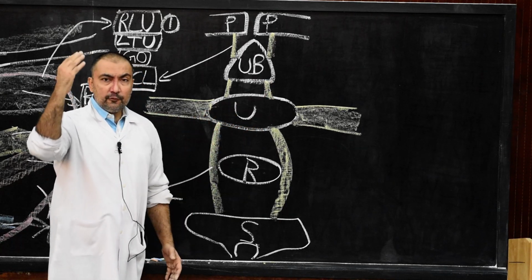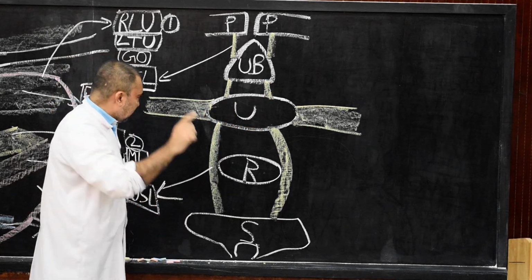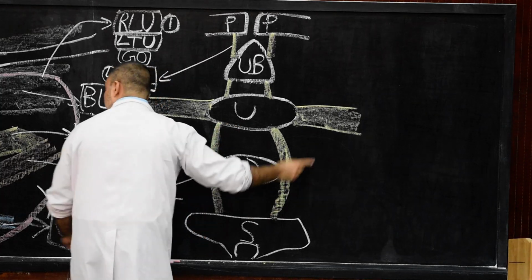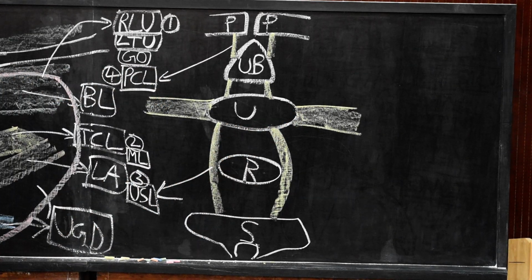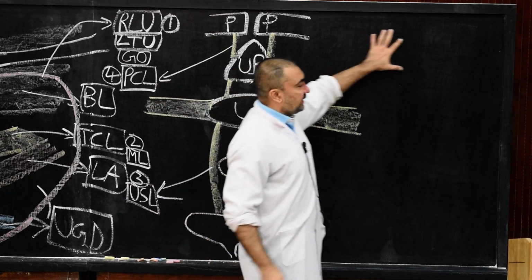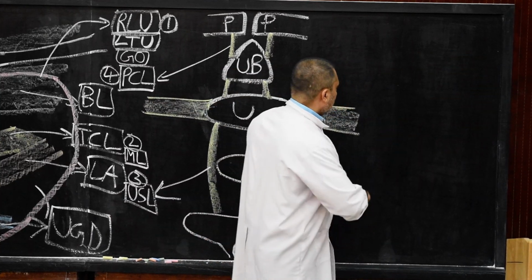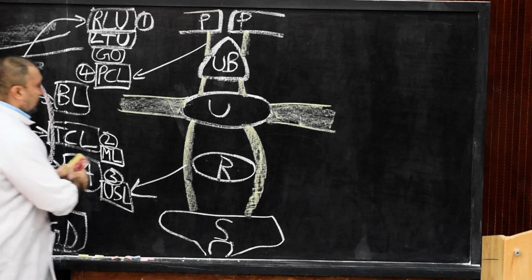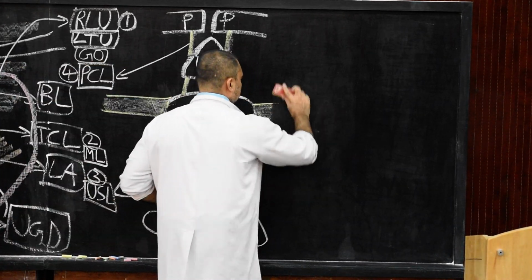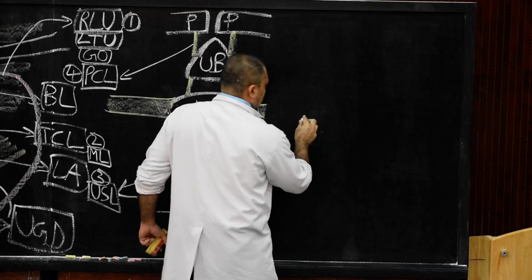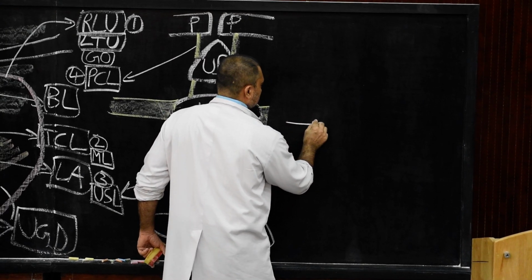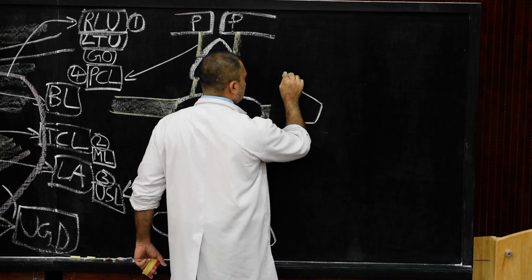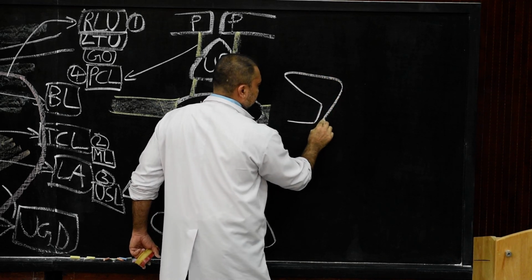Now we come to the false ligaments. For the false ligaments, we will just go to the extreme right. I will take this board, extreme right, and we are going to draw a line diagram. In the line diagram here we are going to show the urinary bladder. Please draw alongside with me. This will go as the urinary bladder.